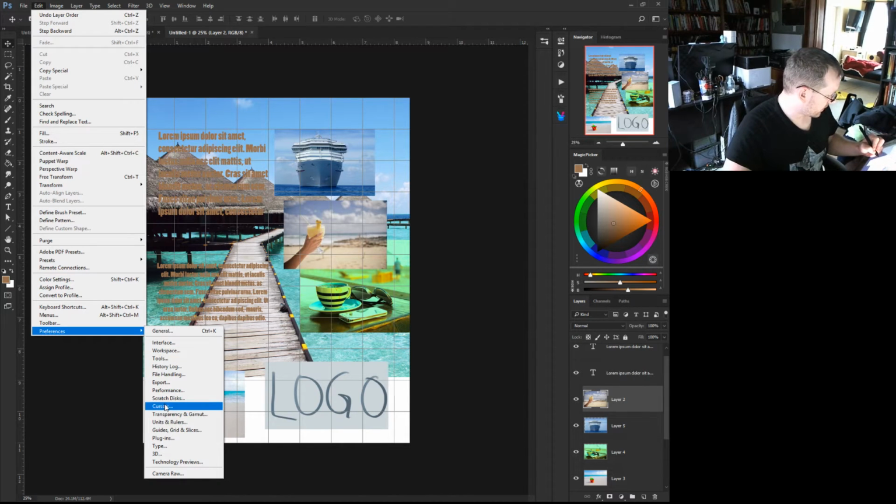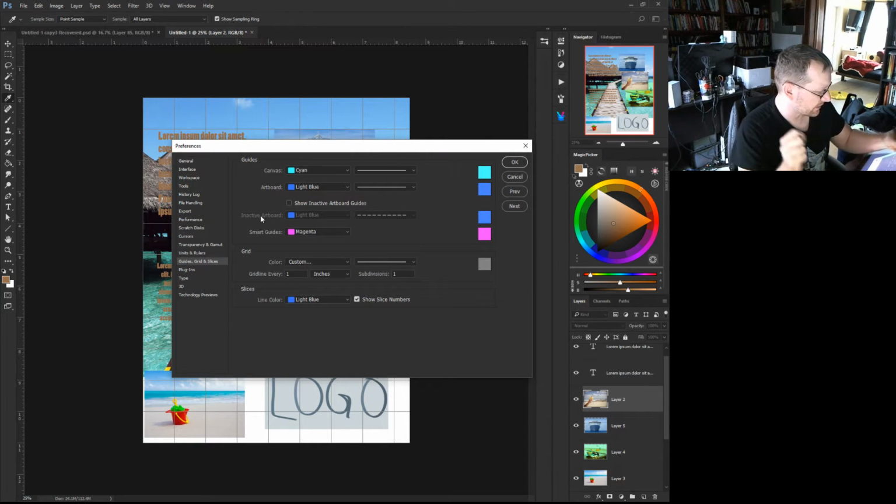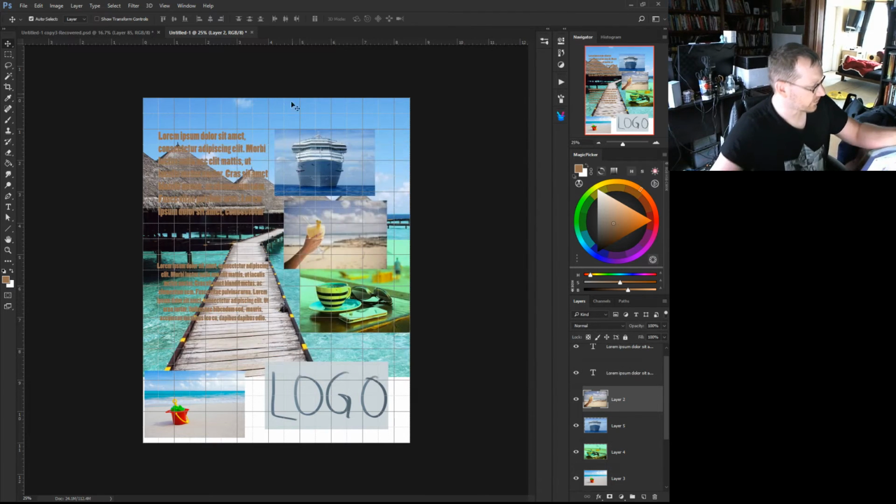so I'm just going to go to here to the units and rulers. Oops, no, one more down, grids and guides. So you have a grid line every inch, and I'm going to put a subdivision every 2 inches. So this will basically break my 8.5 into 11. And now with this in here, I can actually start organizing some of this stuff on a grid so that